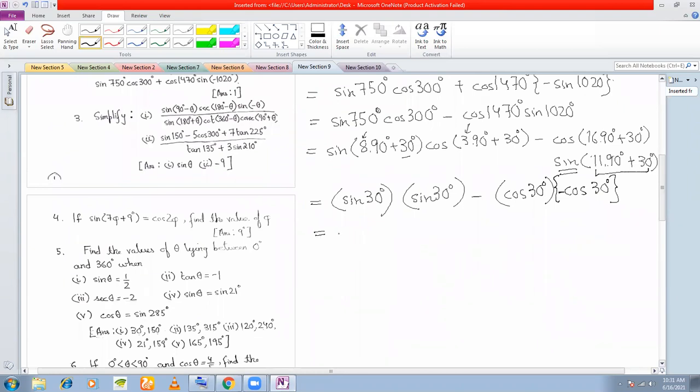Yes, sir. Now there's nothing. You just need to put the values. This is sine square 30 degree minus cos square 30. Tell me, sine square 30 it will be, so it will be plus cos 30. Yes, it will be plus because minus and minus will combine. You have a minus sign. These two minus signs will combine. So therefore, you simply get 1. Sine square theta plus cos square theta is equal to 1. That's it. I'll stop here.